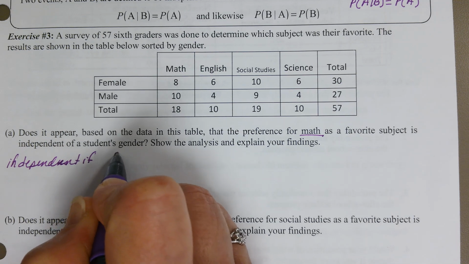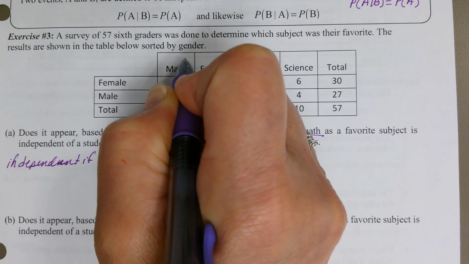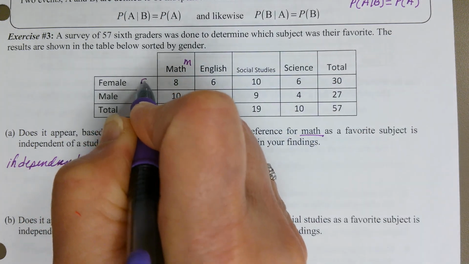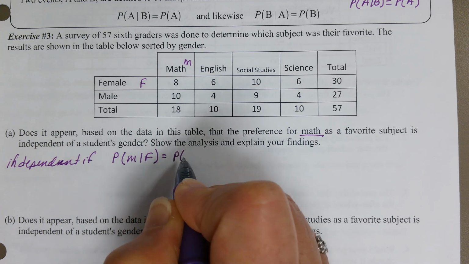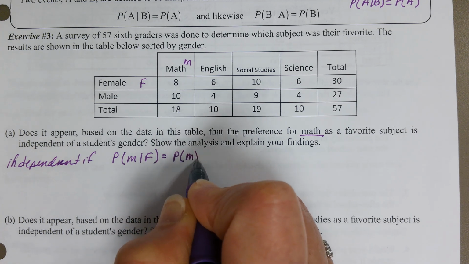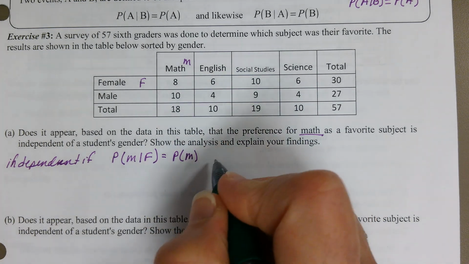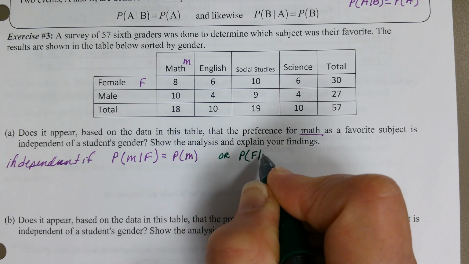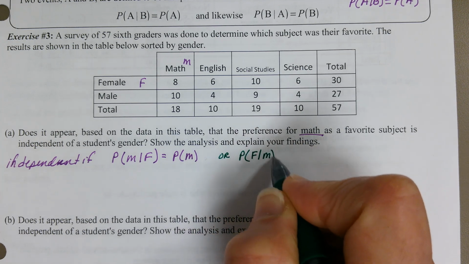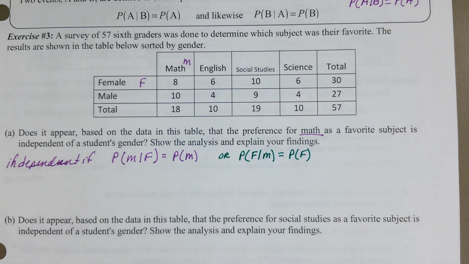So if the probability of math given female, so I'm using M for math, F for female, is equal to the probability of math, or the probability of female given math as their favorite subject equals the probability of female, or